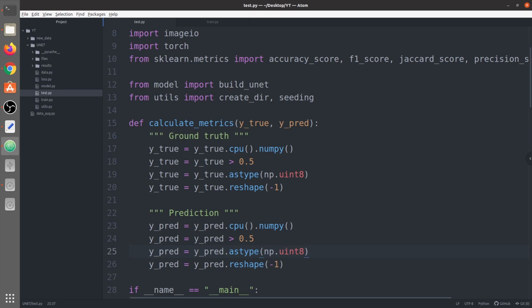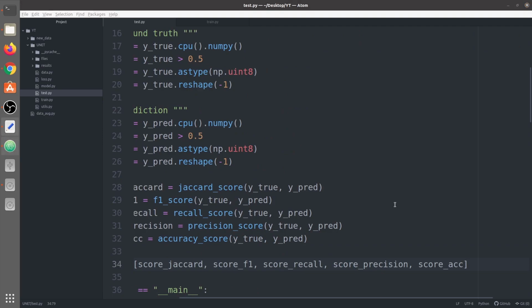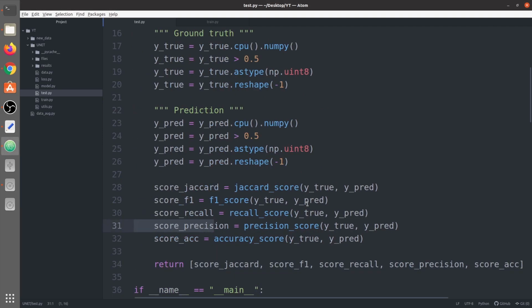Now we would calculate the scores here. We're going to use sklearn metrics and calculate Jaccard, F1, recall, precision, and then pixel accuracy, and we're going to return these scores.